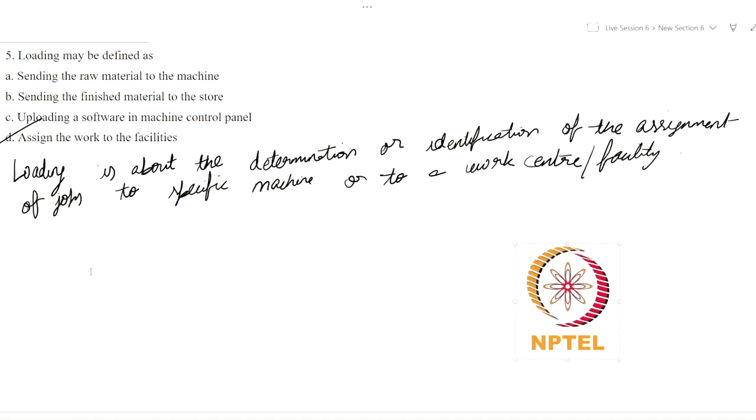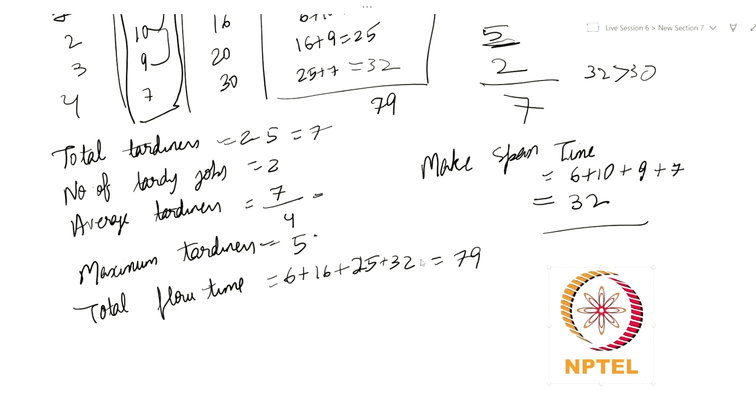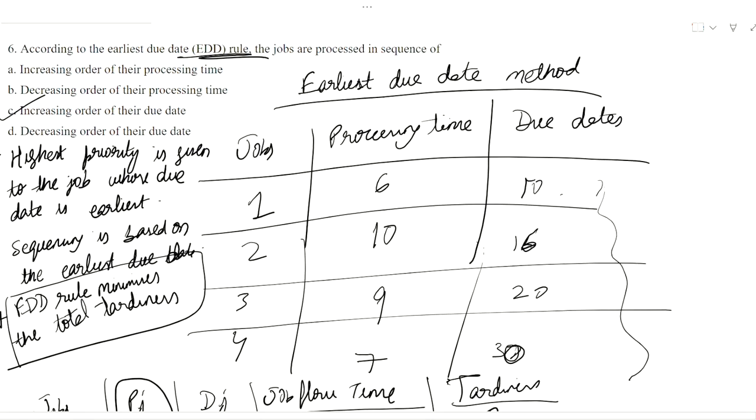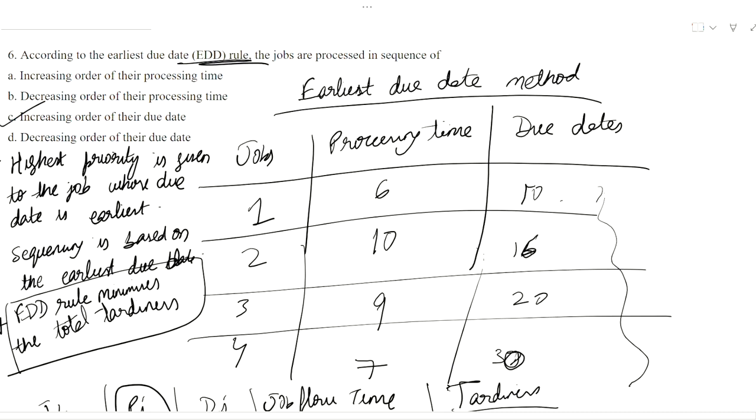Next, we also discussed loading. What is loading? It is assigning the work to the facilities. It is about the determination or identification of the assignment of jobs to specific machines, or to a work center or a facility. Here we discussed